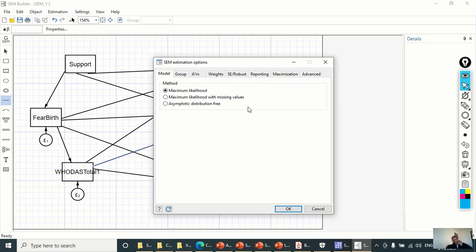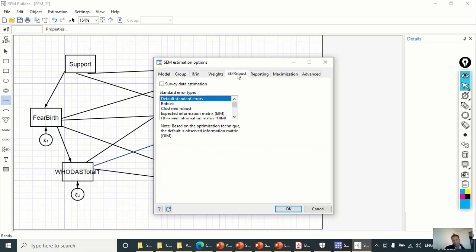So here another interface comes after the estimation options. Now the model uses the maximum likelihood estimation method. Structural equation modeling uses the maximum likelihood estimation method to estimate the beta coefficients. And we have multiple options here for the standard error estimation technique. By default, standard errors are used, but there are other options, especially the last one, the Satorra-Bentler estimator correction, which will be used if the data is not